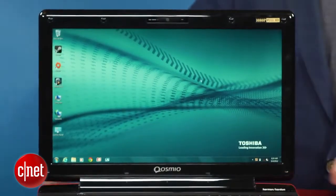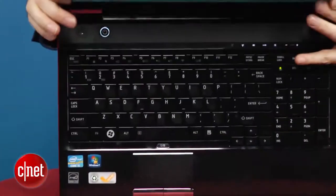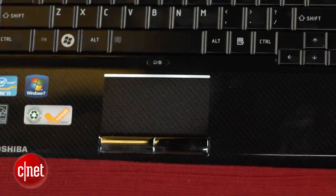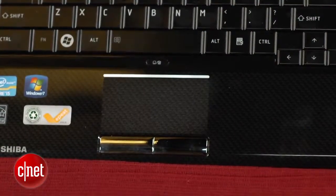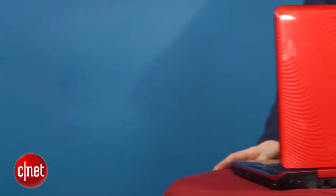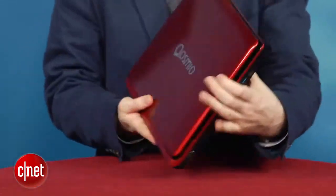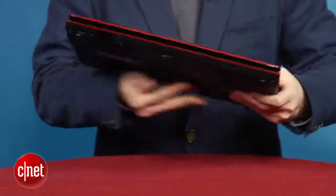So if you're just a huge fan of 3D everything and you want to watch 3D Blu-ray movies without glasses on, it's actually kind of fun. If more games would work on the system, it would be a lot more fun, because I think 3D gaming on a PC is actually a lot more flexible than, let's say, 3D gaming on a console. But until they get a more powerful GPU in here,